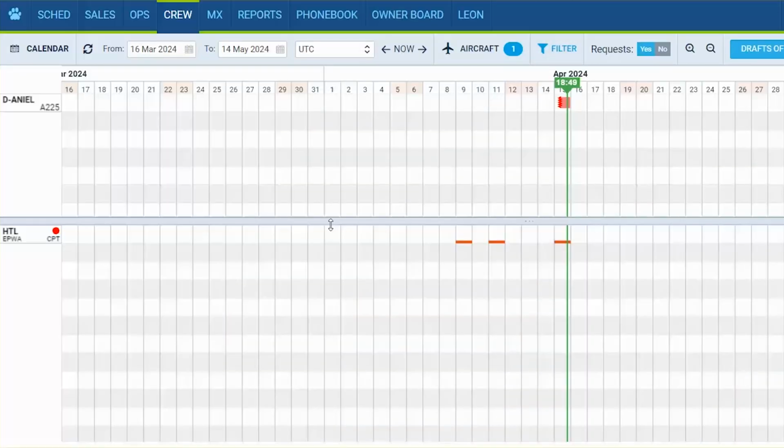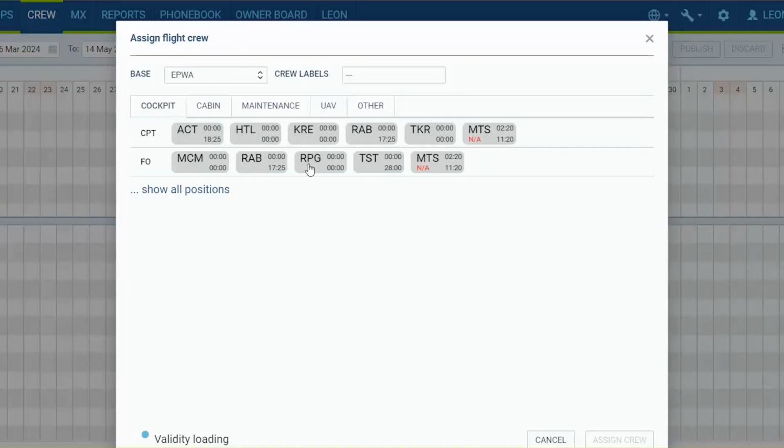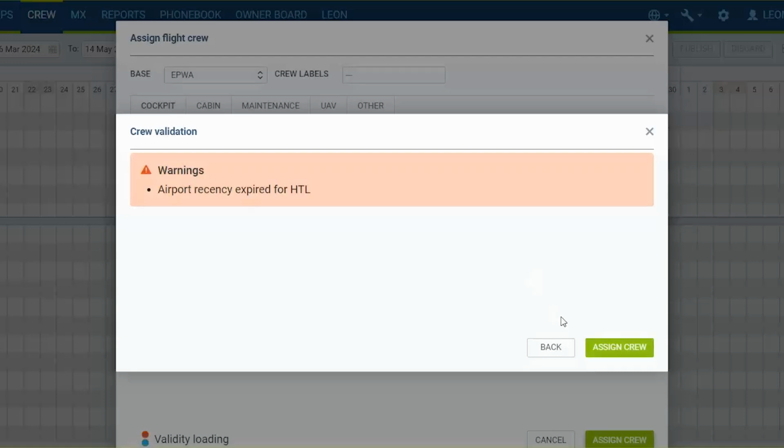In this video, we will show you how to book hotels in Crew Timeline. We have introduced a new feature enabling the addition of hotel reservations for crew members. Once we assign crew members to a flight, now there is an option to display the required hotel under the